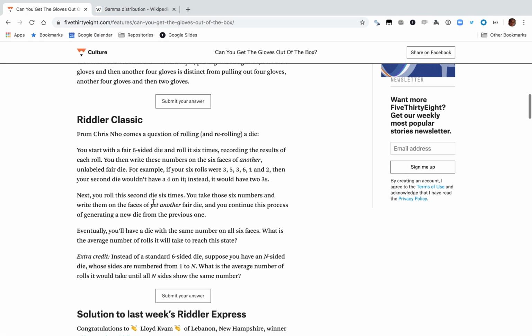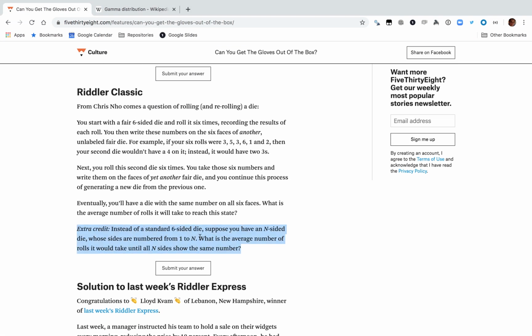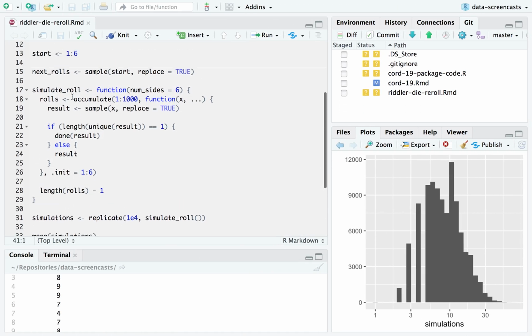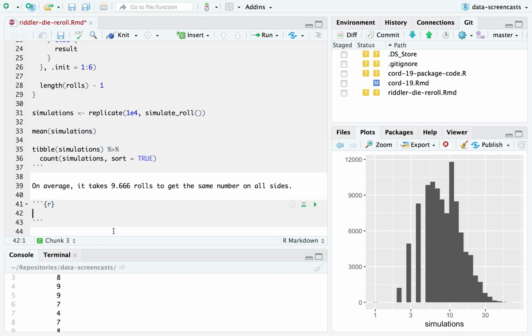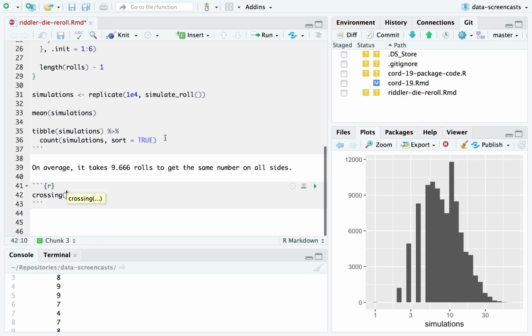The second part of the problem is extra credit. Instead of a standard 6-sided die, we have an n-sided die. And notice that I actually kind of looked forward to this. I said, oh, let's use num sides equals 6 with a default value of 6. Let's try a couple values, say 10,000 each. If you've seen my previous simulations, you've seen that I like to use the crossing function and say trial equals 1 to 1,000 and num sides equals